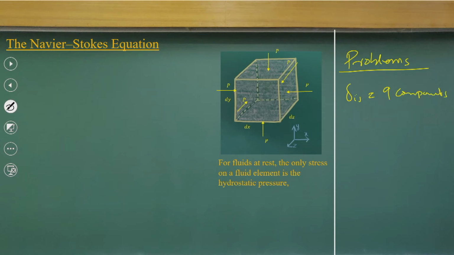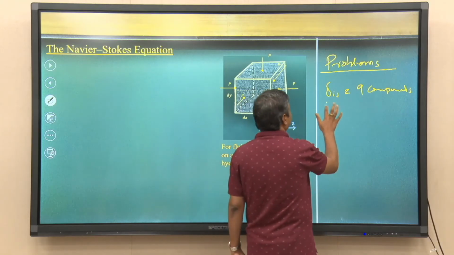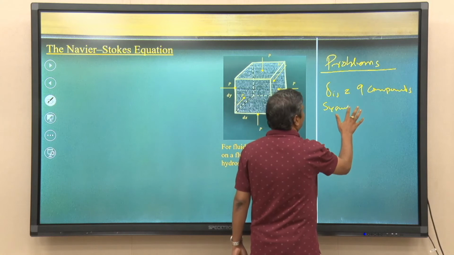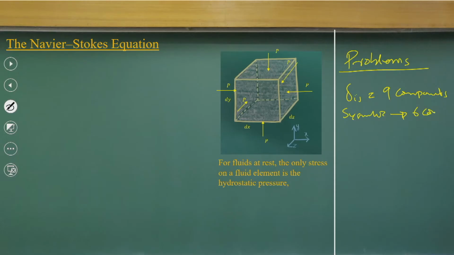If you look at the stress tensor, it has 9 components. Even if you look at symmetric cases, it comes back to 6 components. So if these 6 are unknowns, then we also have unknown functions: we have a density, and we also have the unknown velocity scalar components. That means we have 10 unknowns